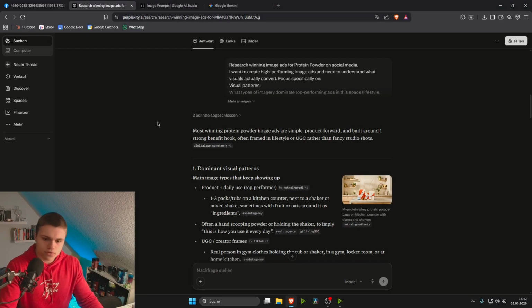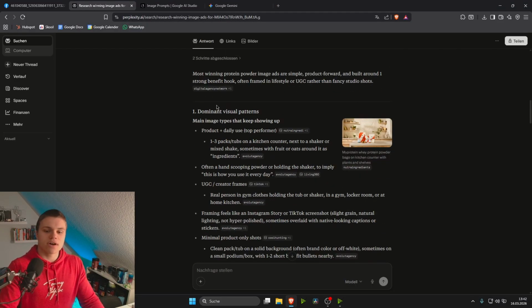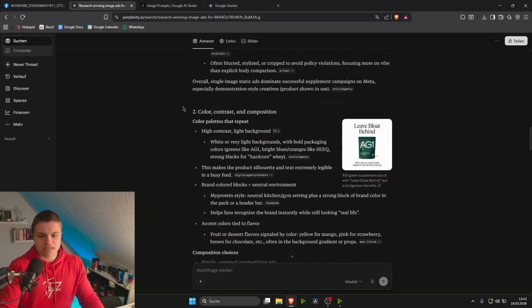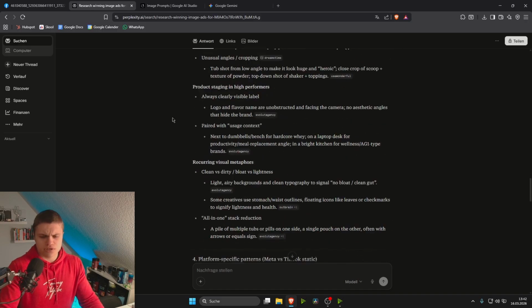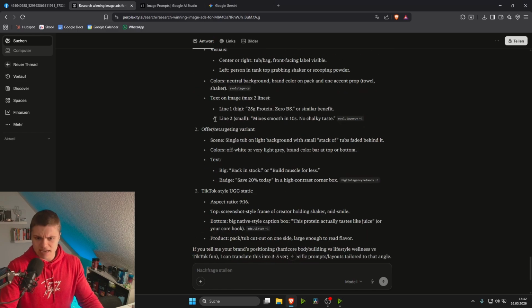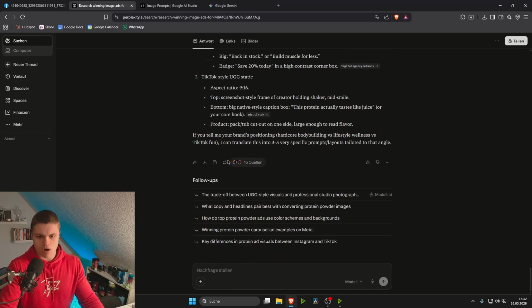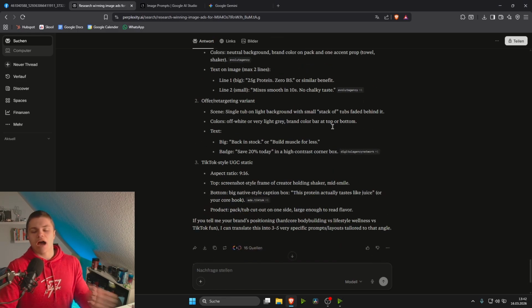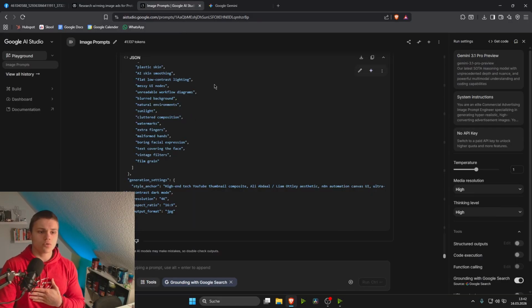So we're back with the result from Perplexity, and it has found us a bunch. It has different versions of how these ads could look. It has researched them. It has made a table. It has made a bunch of stuff that we can use. I'm not going to read through all of this, but I know someone who will, and that is Google's AI